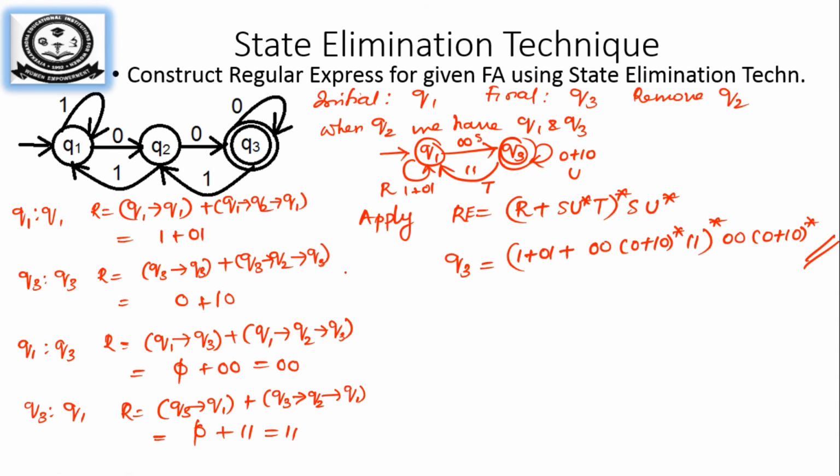If you are able to do with the state elimination diagram, it's well and good. Otherwise you just stick on with either Arden's theorem or Kleene's theorem, because that is the easiest way and more exact way. You will not make any mistake in doing that. So here if the removal is done any mistake, if you forgot about where to apply this formula, when to apply this formula, your state elimination technique will give you a wrong expression. So always try to follow which is more convenient for you to do this.